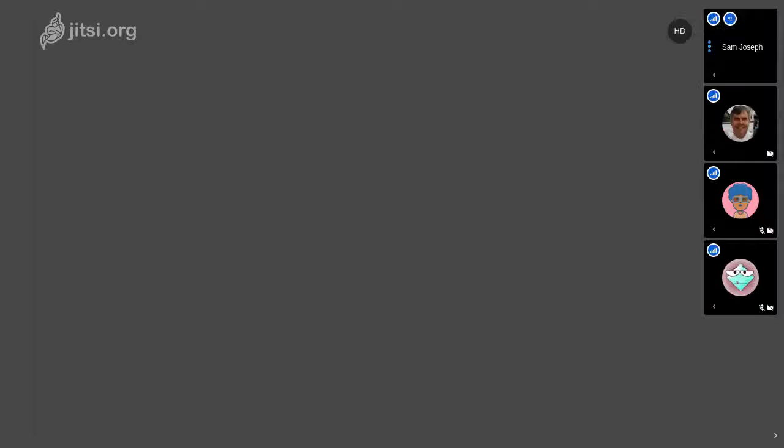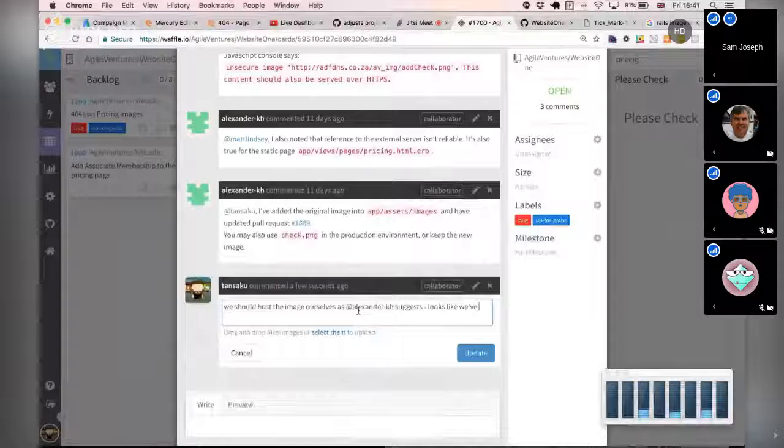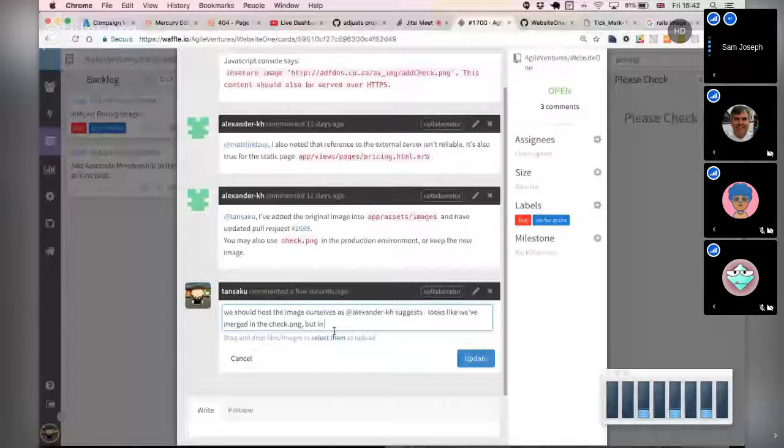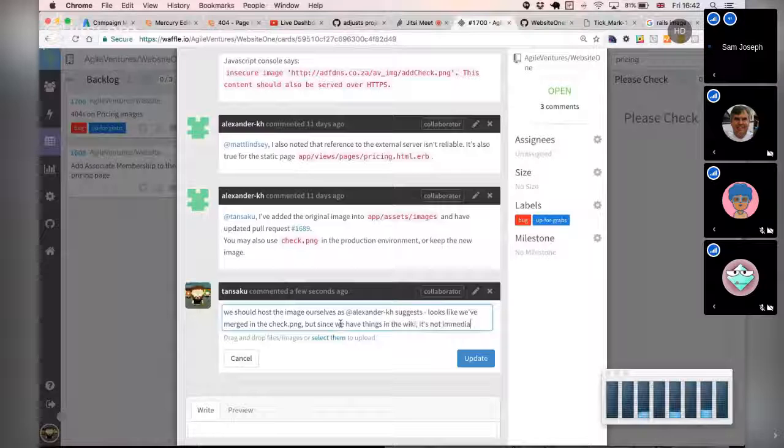Yeah, we've merged in the check.png, but the question is whether the asset pipeline link to the check is predictable. I guess maybe intentionally it's not. We shouldn't try and hard code that. But since we have things in the wiki, it's not immediately clear what to link to.